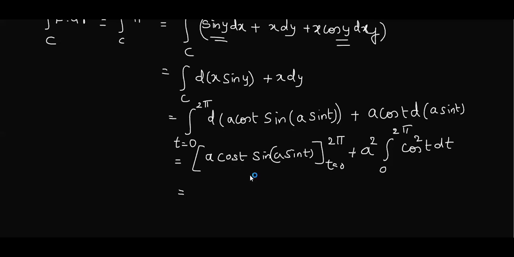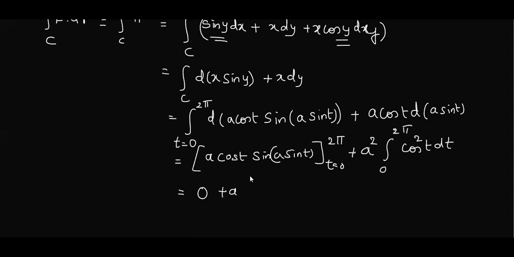Zero. Very good. Because you can see this is sine of some angle and this is also depending on sine t. And we have observed that sine 2 pi and sine 0 is 0. So this term is going to be 0 and this is a multiplied term. So this value may exist, but if you are multiplying any value with 0, the ultimate answer is 0. So the first term is 0.